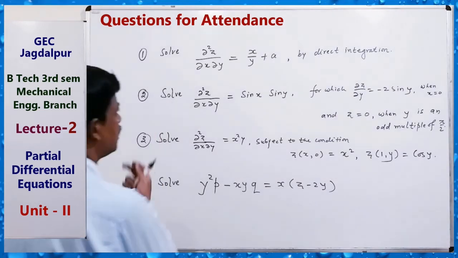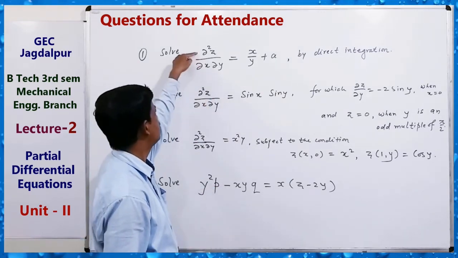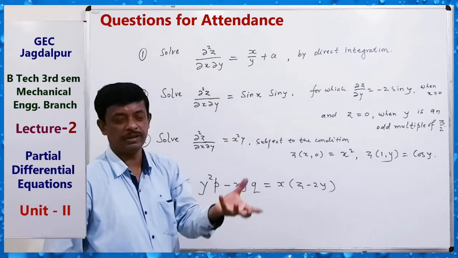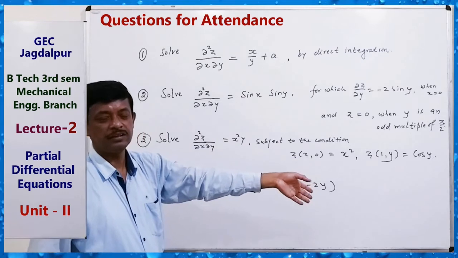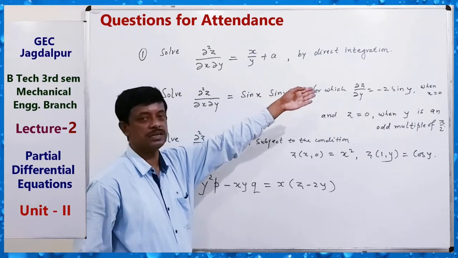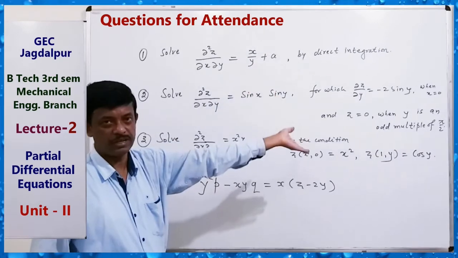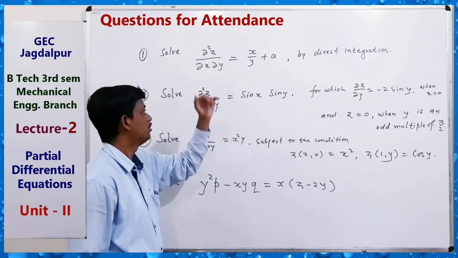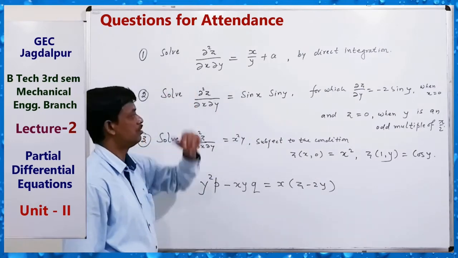Hint: for this equation, you can solve it by direct integration. Integrate it with respect to x first, keeping y fixed, and at the time of integration just add a constant. When integrating with respect to x, you have to write the constant as f(y), because y will be a constant. The second time, when integrating with respect to y, we take the constant as a function of x, g(x), and you can solve it.